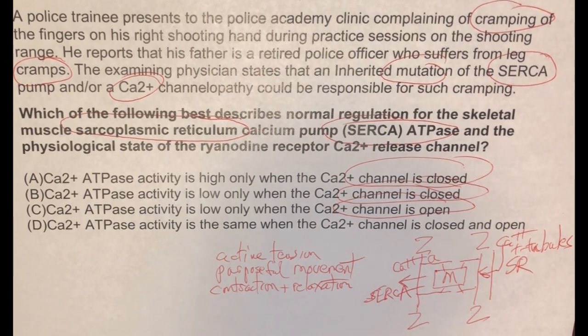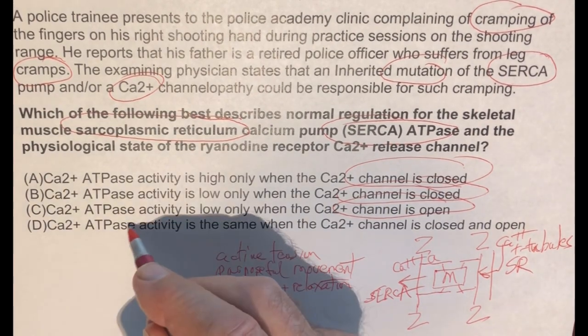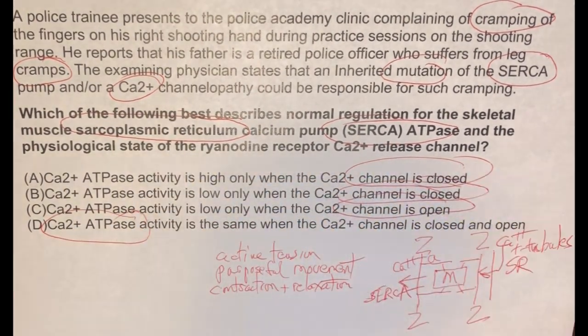This would be very difficult to figure out if you didn't really know the concept and didn't know how this mechanism works. So since we're dealing with SERCA and cramping, we have to think about what's going to cause a contraction without a relaxation. Well, one way is to block the SERCA pump. Okay? There's nothing here to suggest that we're blocking it at any time. The calcium ATPase is the SERCA pump.